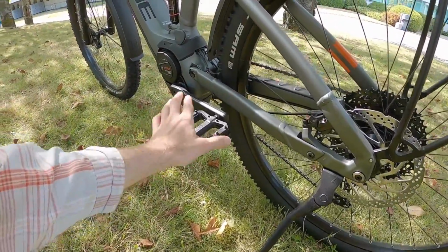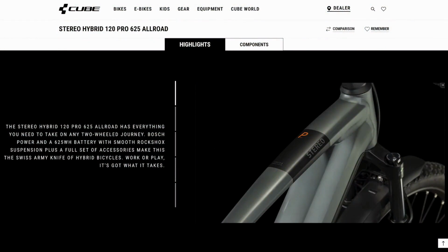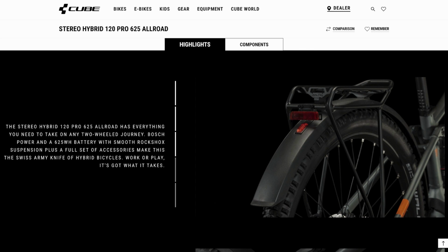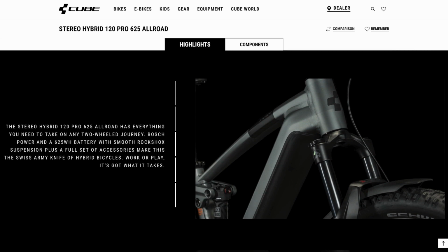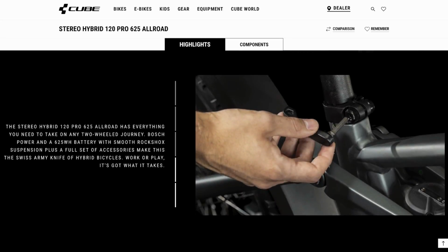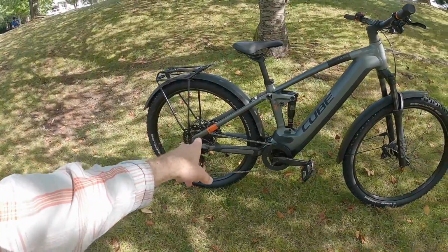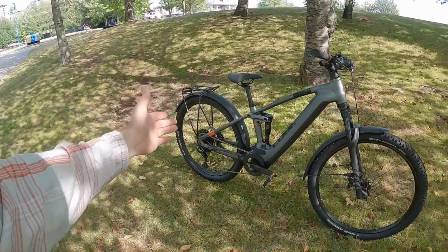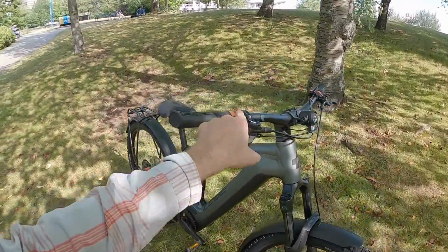170 millimeter crank arms here on this particular size, and it comes in 4 frame sizes, which is fantastic. You know, Cube is known for just having a bunch of different SKU levels and different colors and different sizes. I believe this is the only color it comes in, but I like it. It's sort of this metallic green with black accents and a little bit of orange thrown in just for fun. We don't have reflective sidewalls on the tires, and the frame, it's almost like camouflage coloring minus these little accents,